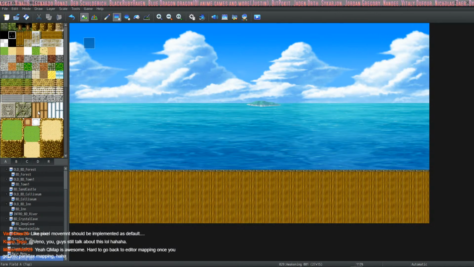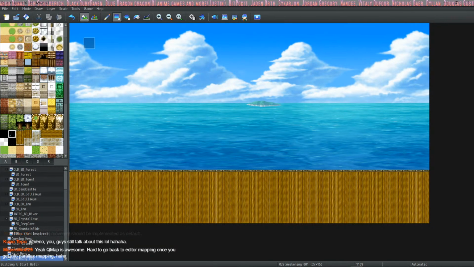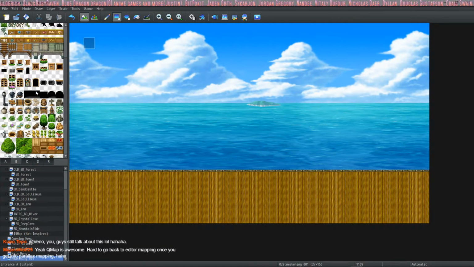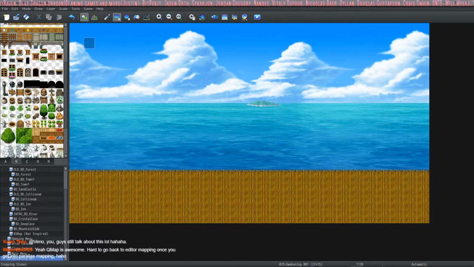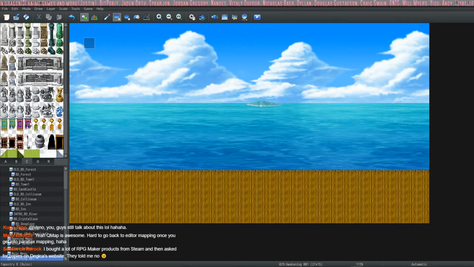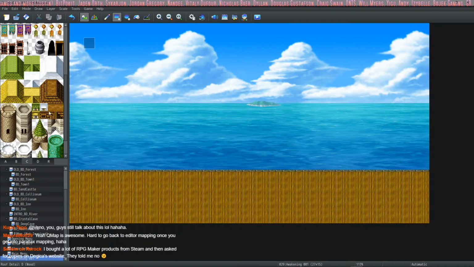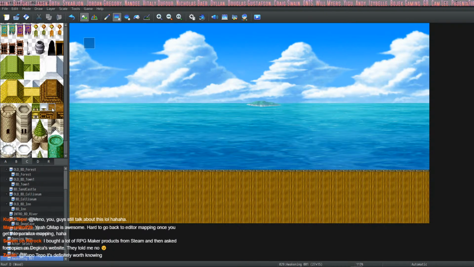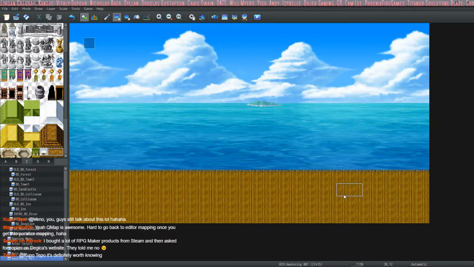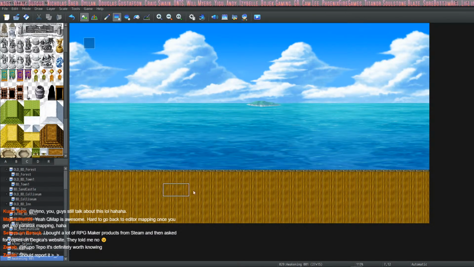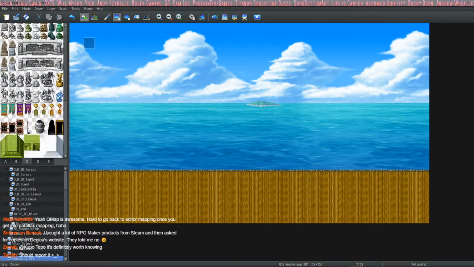What kind of houses? Oh yeah, once you do some type of parallax mapping, or even just a really good editor outside of the RM editor, you can't go back to the RM editor. It's so restrictive. That's why I'm keeping my mapping to a minimal. This is going to be basic placeholder stuff. Right. And you walk left and walk right, and then transfer out of that map.